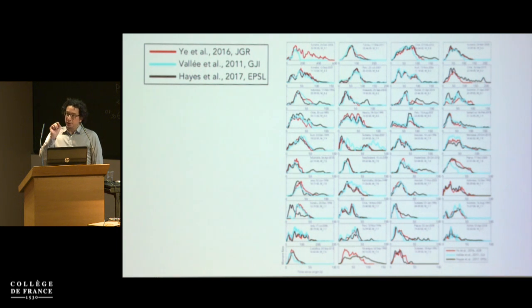So what's important to note here is that these 3 analyses, these 3 products, are obtained with 3 very different methods. Okay, let's compare first Ling-Ling Ye's with Gavin Hayes'. Both are finite source inversions. Well, the 3 use teleseismic data, but the approaches are different. So these 2 source inversions, Ye's and Hayes',